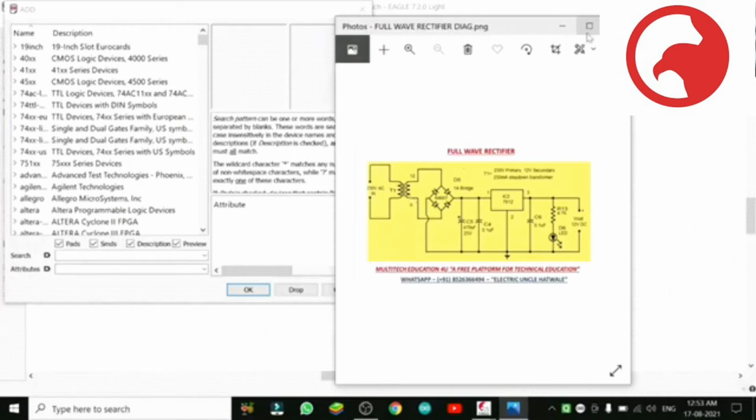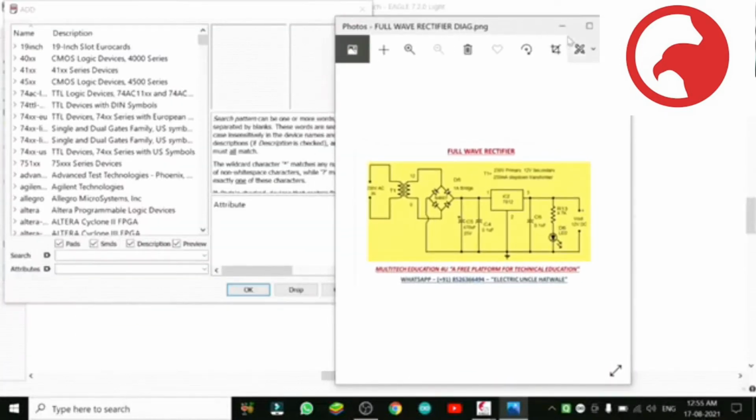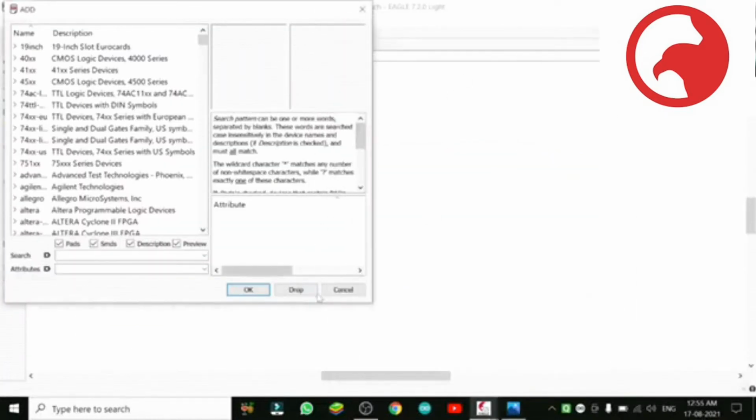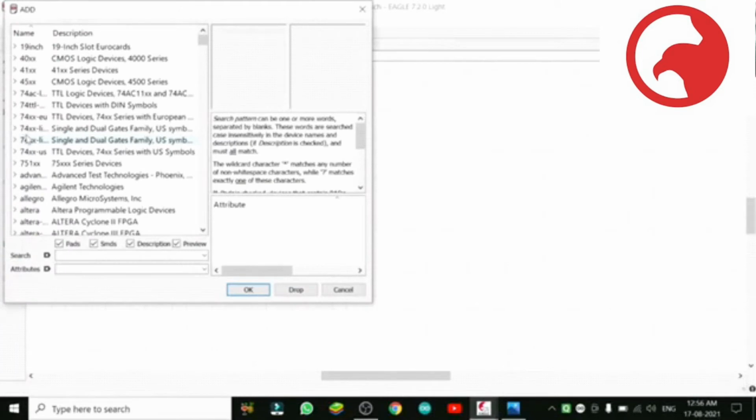First, we will choose the pin head. We cannot put the transformer in the PCB, we will put it outside. So here we will put a 2-pin head. There will be 2 pins in this head, and at the end also we will choose a pin head. So first we will start by choosing the symbol from the pin head. Click it here, the library will appear. From here we can write pin head below.